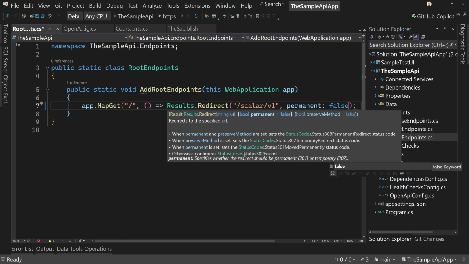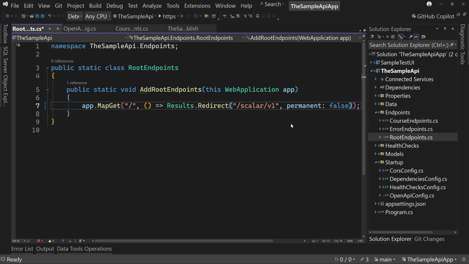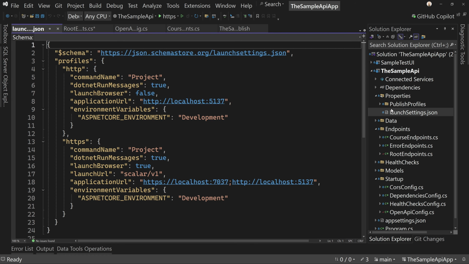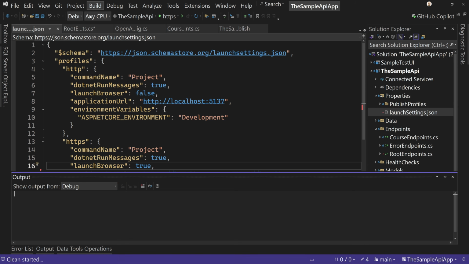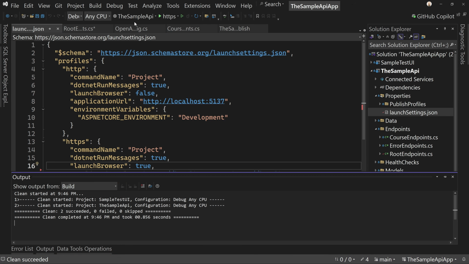So that's a temporary fix, but that allows us to redirect. If we were to go back up here to our properties and go to launch JSON, the launch URL we can just take out. There's no reason to have a launch URL right now. So there we go. And what I'm going to do is a rebuild here, a clean solution first, actually. That way we get rid of this launch.json, which may or may not have